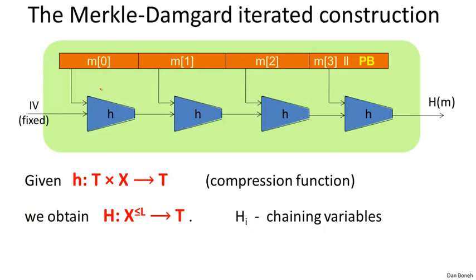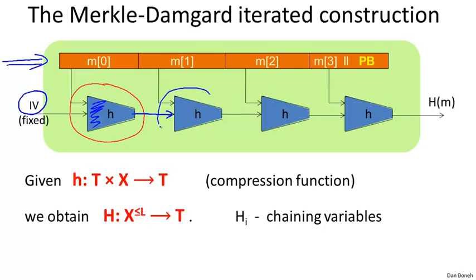So here we have our function h, which we're going to assume is a collision-resistant hash function for small size inputs. This h is sometimes called a compression function. The way we use it is we take a big message m and break this message into blocks, and then we use a fixed value called the IV. In this case the IV is fixed forever, and it's basically embedded in the code and in the standards. It's just a fixed IV that's part of the definition of the function. Then we apply the small compression function h to the first message block along with this IV. What comes out of that is what's called a chaining variable that's going to be fed into the